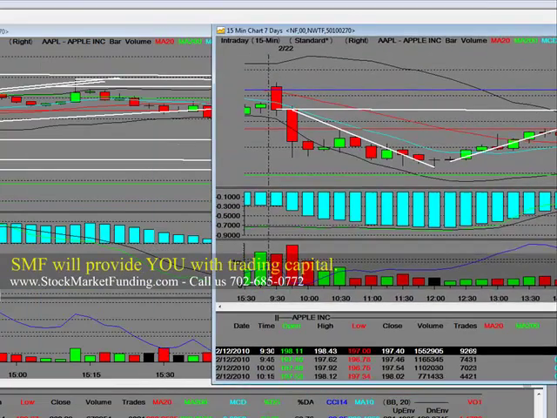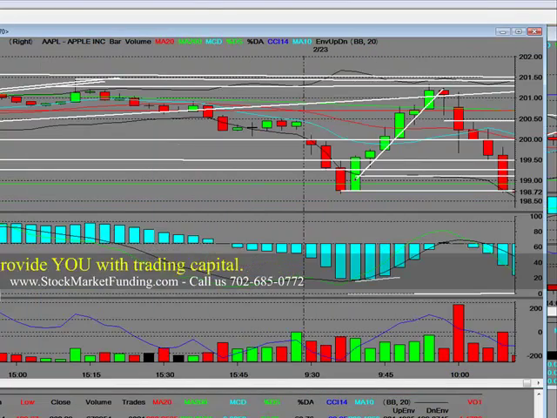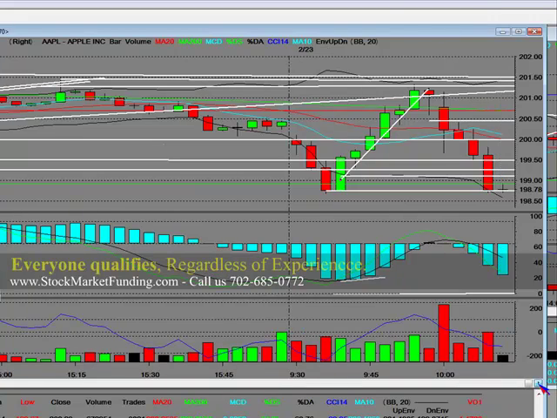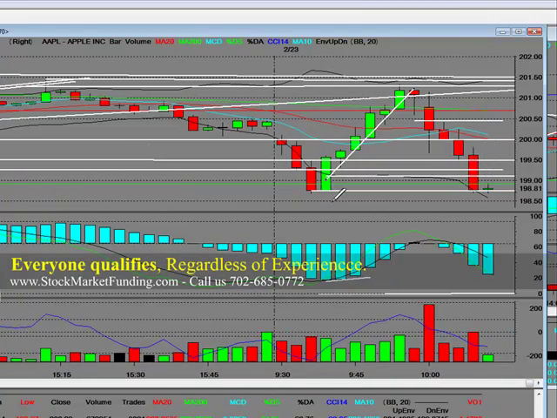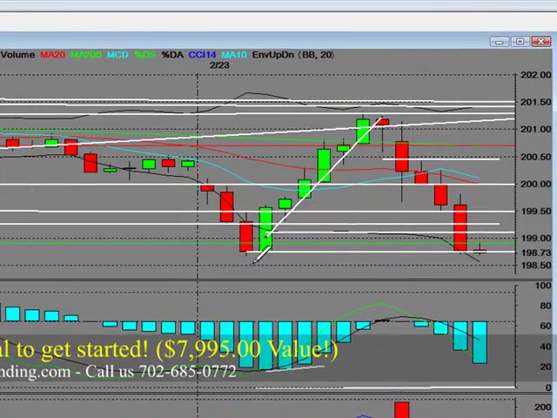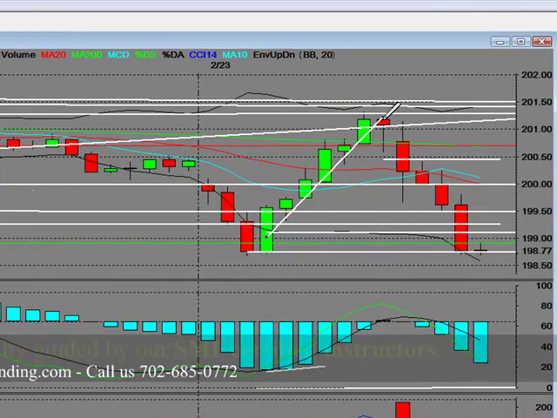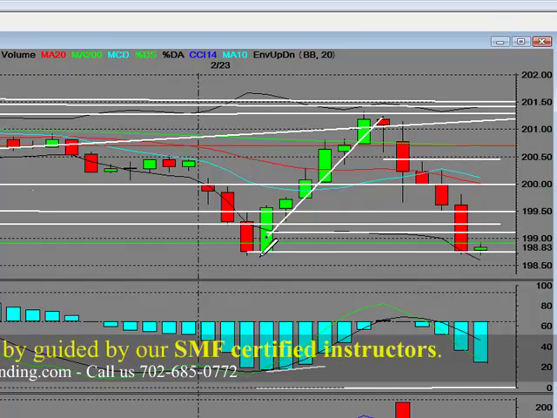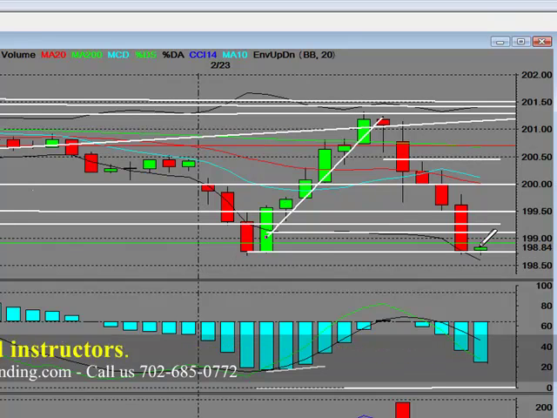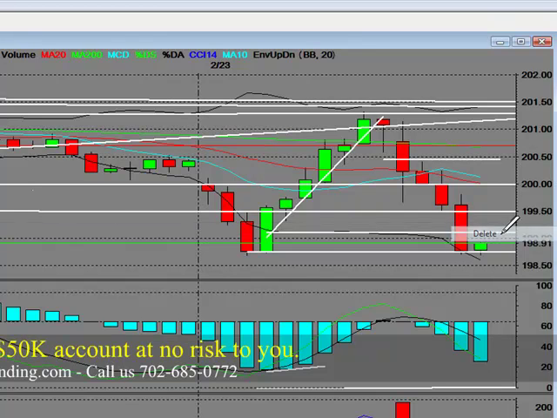Once again, a recap: how to be a short-term trader, how to be a market maker, how to get both moves. These are mathematical: walk the dog up and walk the dog down. He walked the dog up. They sold it into that because this isn't what you're looking for. Now we got a double bottom. Now, what I'm going to do is I'm going to cover my short. And here's what I'm going to do.